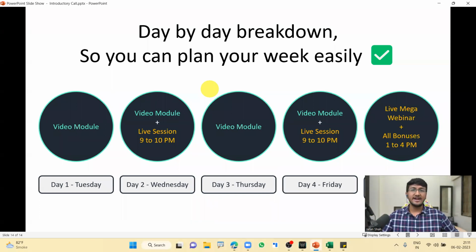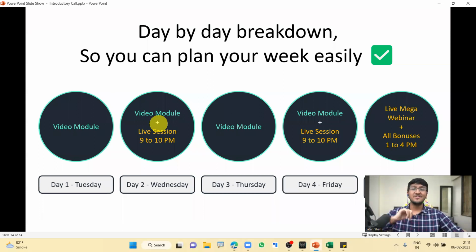Then you move on to day two of the entire workshop, where you are going to have your second set of video modules. And along with that, you are also going to have your first live mentorship call of the entire workshop from 9 p.m. to 10 p.m. Not a.m., not in the morning, in the night, after your working hours, 9 p.m. to 10 p.m., where you are going to have all your questions, queries, doubts, and other people's queries resolved as well. Day two is going to be Wednesday. On Wednesday, in the video modules, you learn how to make a dashboard, a normal dashboard, interactive in nature. And that is what day two is going to be all about.